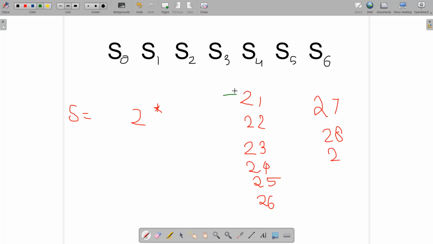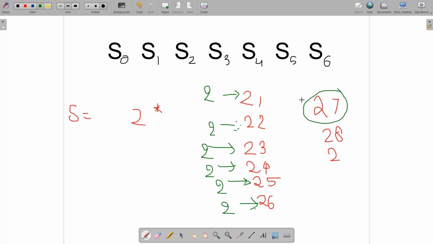Corresponding to this 21, I have 2. Similarly, for 22, either this one or this one, like one of the ways, or you take it simply as the whole. So this has also 2. It goes on like this for all the sequence of characters up to 26. Now when you talk about 27, you cannot take the entire string because it is going to exceed the mapping of Z, which corresponds to the number 26. We cannot take the entire numeric string, so the only way is to decode 2 and 7 separately.